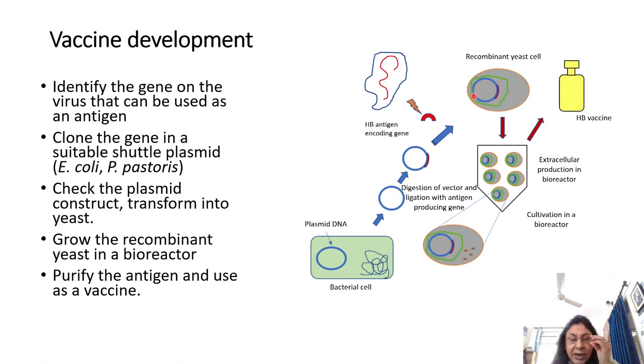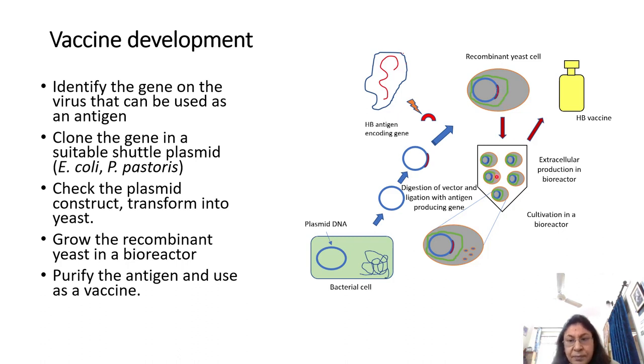So this particular recombinant vector gets integrated at a very specific location in one of the chromosomes, and now such a recombinant yeast cell can be cultivated in a bioreactor like you see here. So you have large number of cells which are being made, and the way the construct was made was in such a fashion that this particular antigen is going to be secreted out into the culture medium.